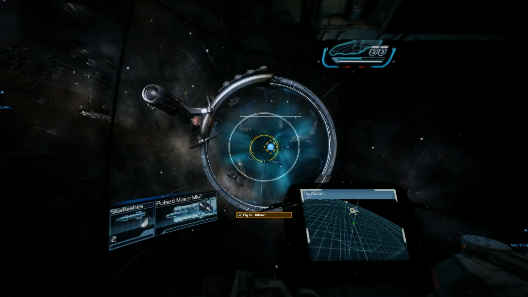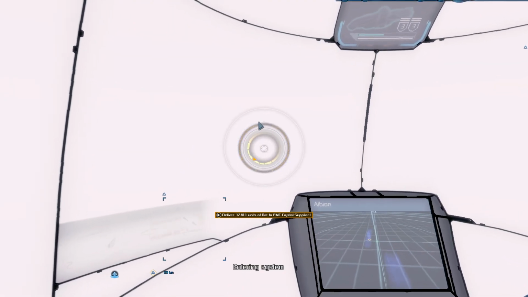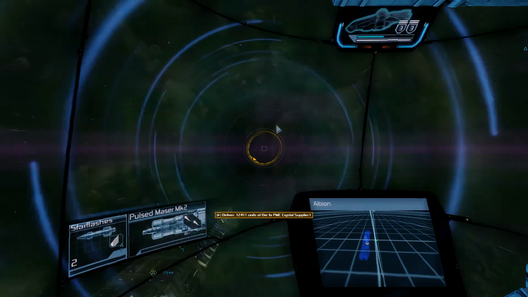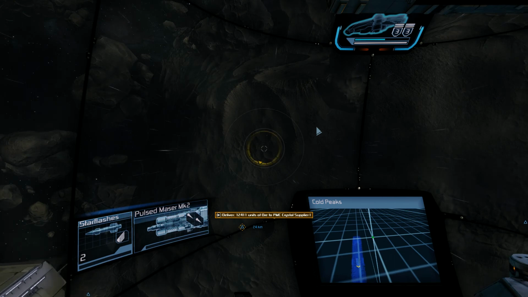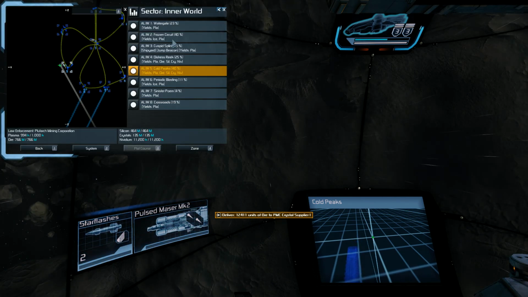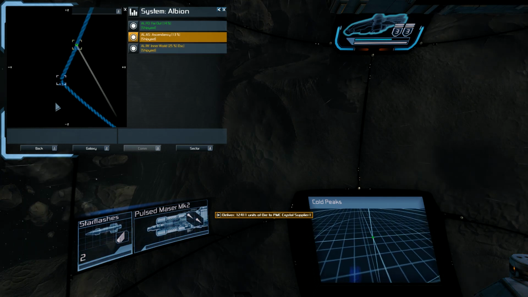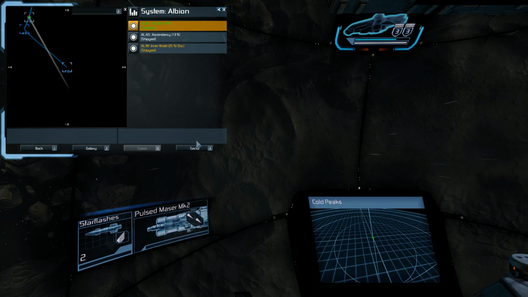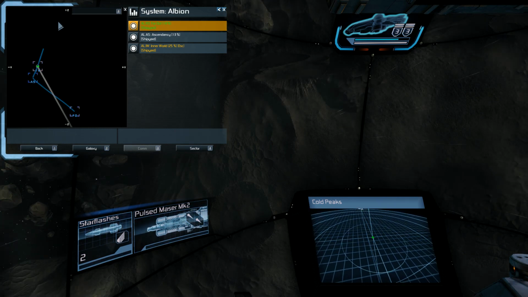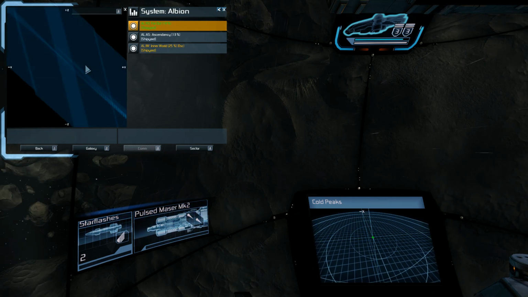What's that pretty area called again? I think actually the gate is in De Vries, but I'm not entirely sure where the gate to De Vries is. Transmitting rendezvous point now. Because now we are in Cold Peaks. And that goes to Ascendancy. So in Far Out I assume that there has to go something that goes that way, but also from here actually we can see that...